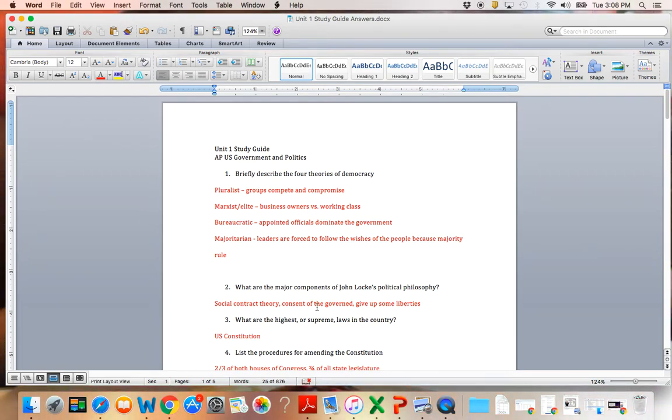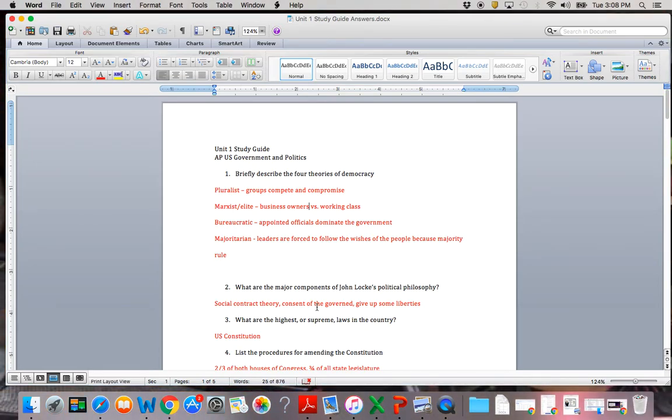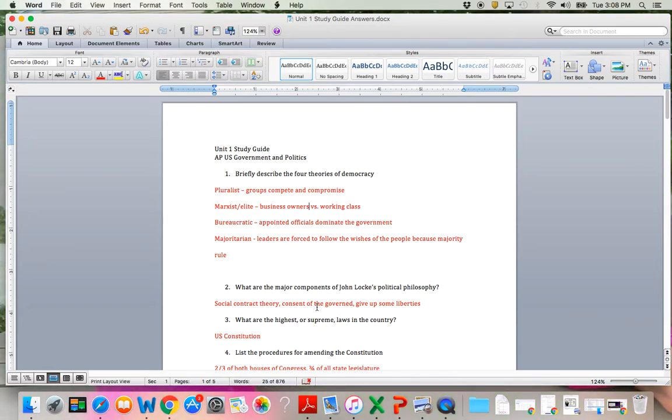The Marxist elite theory, business owners versus the working class. The business owners have a lot of the power because they have the money. The bureaucratic approach, those that are appointed to government positions, not necessarily the elected officials, are controlling governmental decisions. And then the majoritarian leaders are forced to follow all the wishes of the people because of the majority rule. So those people that are being elected are making decisions because the majority of people want that decision to be